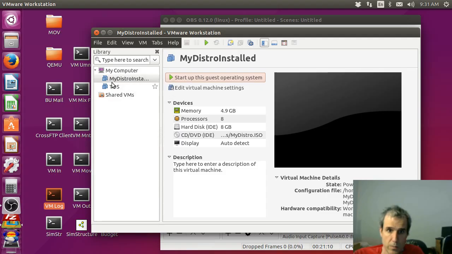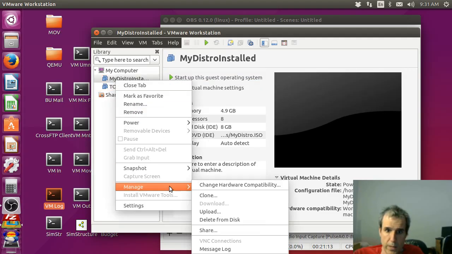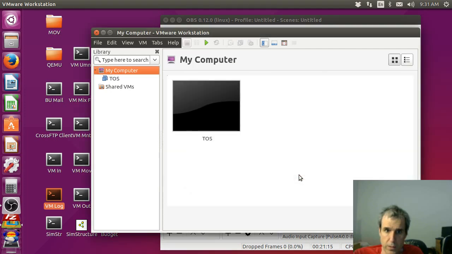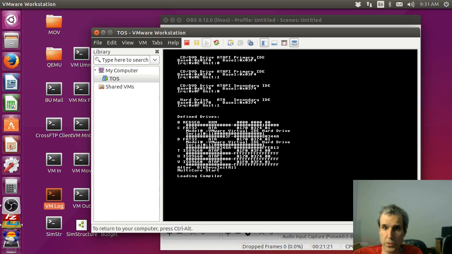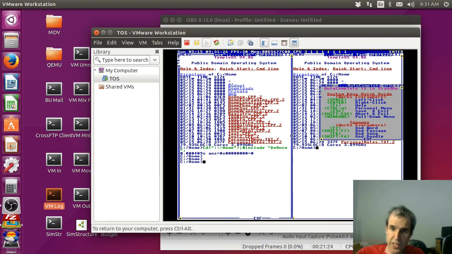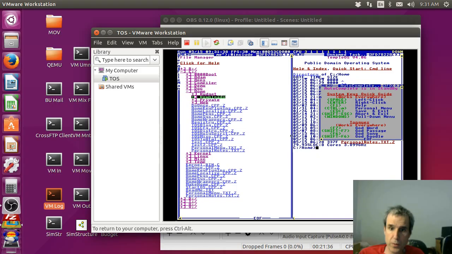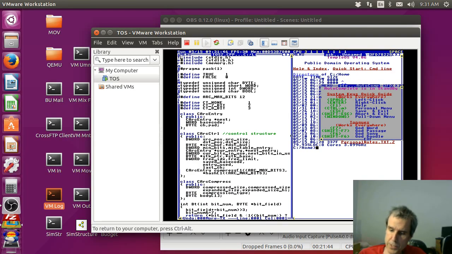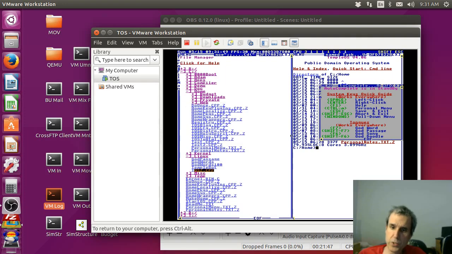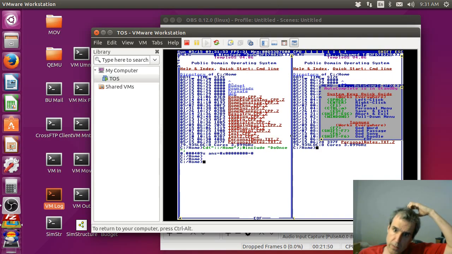Okay, so go to my distro, manage, delete from disk. Yes, delete. Okay, so where can you get graphics in source code? Now you might be wondering what the Z files are. The Z files are compressed, and the compression tool is on the distro, not on the 2 meg distro. In the Linux directory on the standard distro, there's TOSC. TOSC is a Linux tool that will uncompress. So anyway,